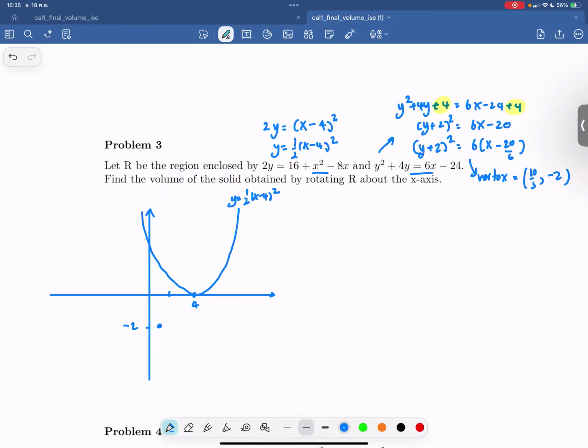Okay, so I may have to find the intersection point first. I may find the intersection point by solving the system of equations. So I will start by trying to solve the equation, which is y plus 2 square equal to,